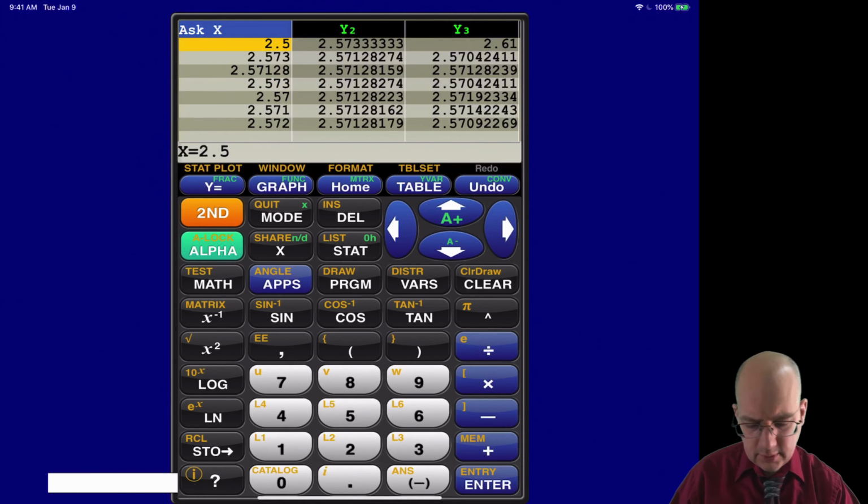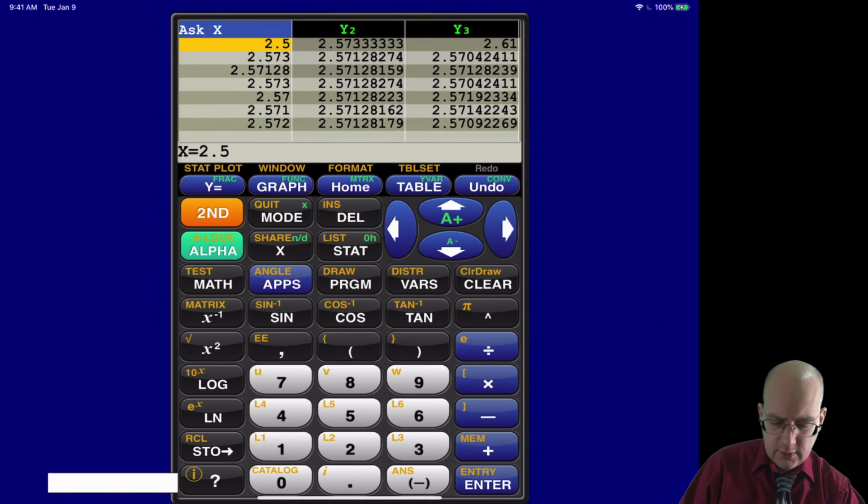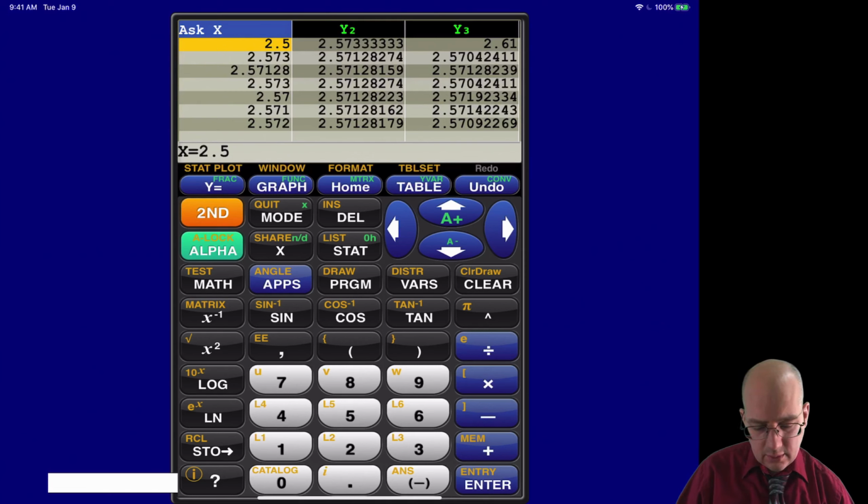All right, so starting with a guess of 2.5, 2.573, 2.57128, and 159. And so that really goes very quickly. In terms of the more naive formula of weighting the two things equally, it gives you 2.61 and then 2.57. Well, all of these things will eventually get there, but let's try their guess of 2.61,